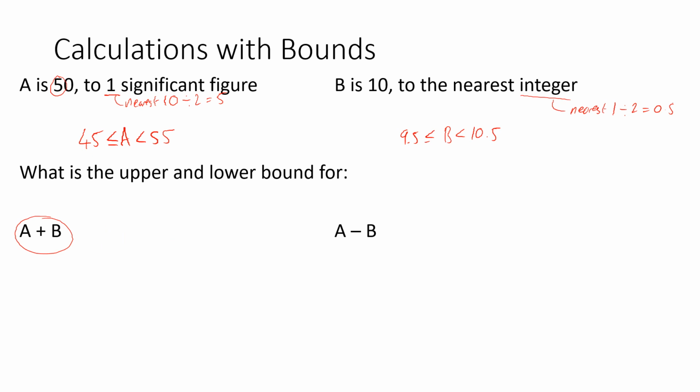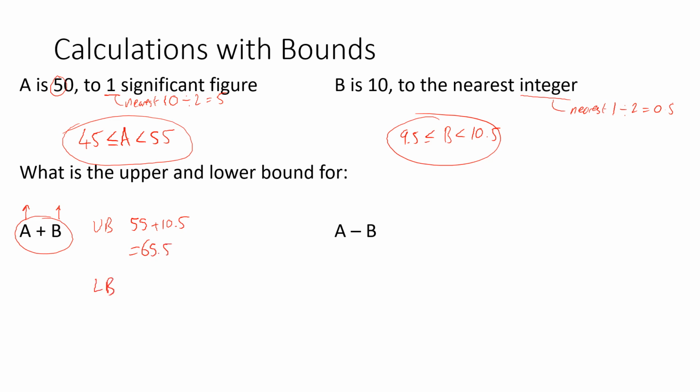We want to do our upper bounds first and then do the sum, or lower bounds first, depending what we want. Now if we want to get the largest possible value for a plus b, and we can choose anywhere between 45 and 55 for a, and anywhere between 9.5 and 10.5 for b, then to get the biggest answer we want to choose a large value of a and a large value of b. That'll give us 55 plus 10.5 for our upper bound, which is 65.5,